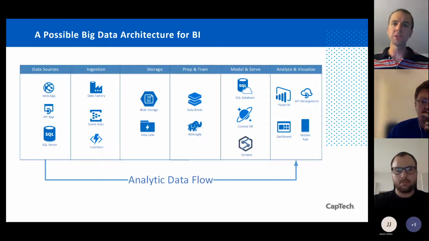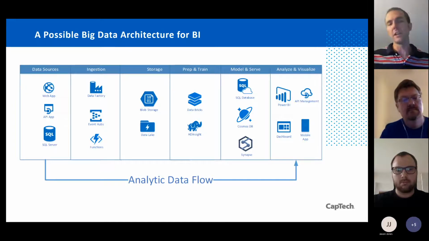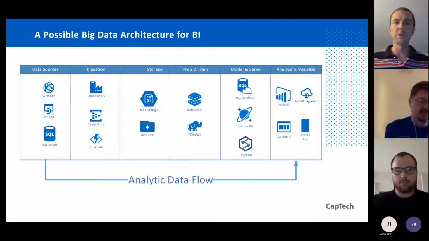We're going to talk more about traditional data engineering, where we have a variety of sources that we've ingested via Data Factory in our case, but there's also Azure Functions and Event Hubs for streaming. We're going to store that data in a data lake. We're going to process it with Databricks. You could potentially serve that back out to a SQL database or a Cosmos database. You could use Synapse to do both. But what we're going to do today is actually show data warehousing in Databricks itself.